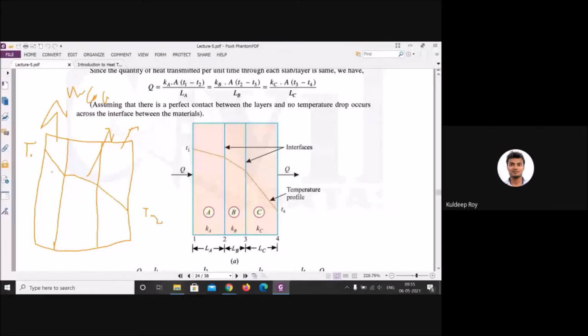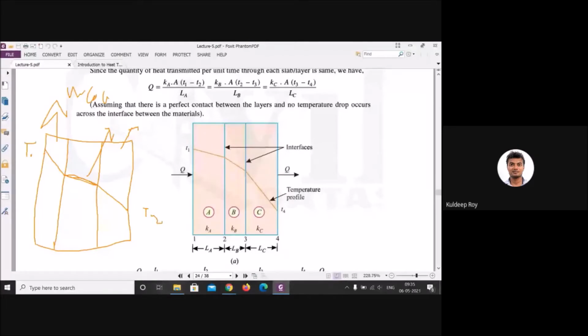If the thermal conductivity of a metal is very high, then the loss will be low. Means this line will be near about a straight line, not completely straight. Your metal will transfer more heat as compared to wood or any other material. And in metals also, as we have already discussed, copper has a higher value of thermal conductivity, and iron has high conductivity but not as high as copper. It depends on which kind of material you are using.